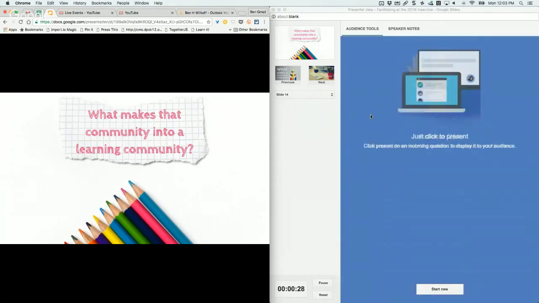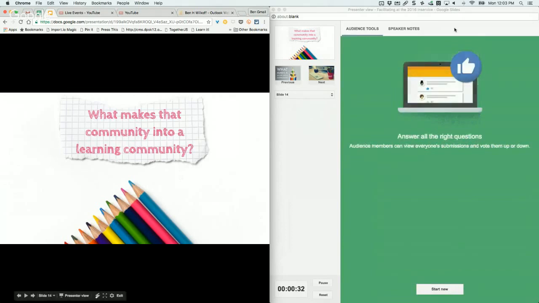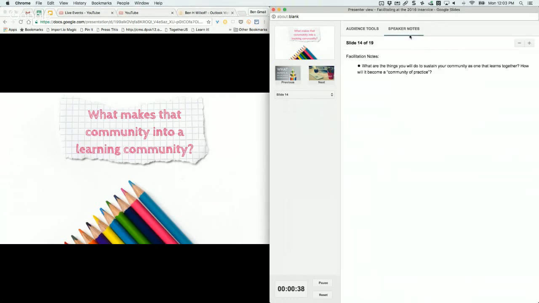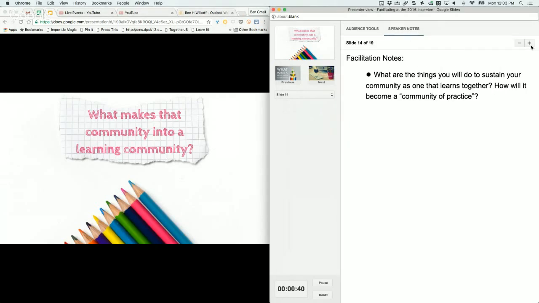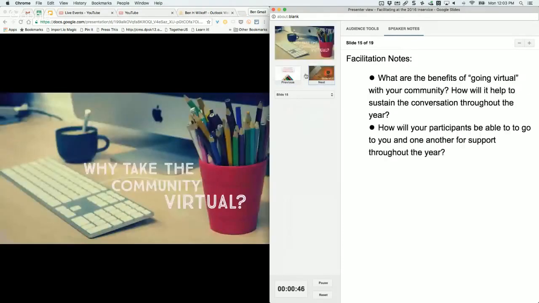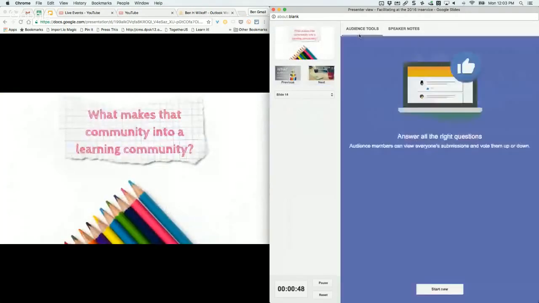If you turn off mirroring on your computer and you project this and keep this over on your computer or on another desktop, you can see all of your speaker notes, right? I can see all of the things that I had as my facilitation. I can go forward, next, back, and all those kinds of things. But I can also use this